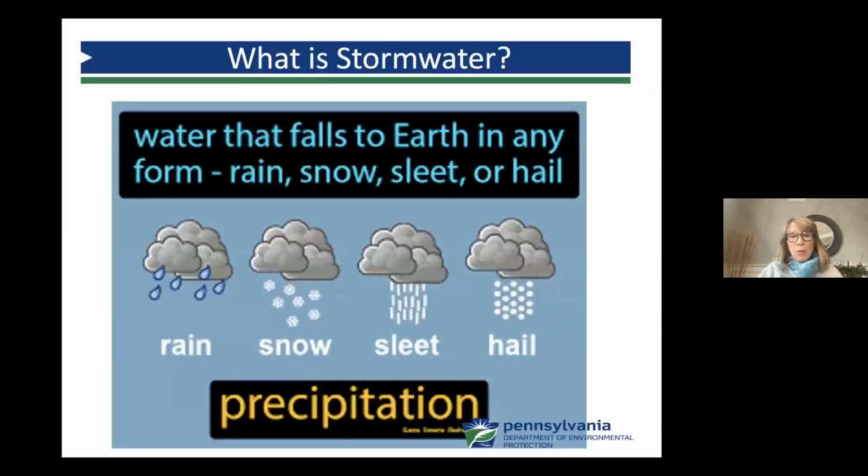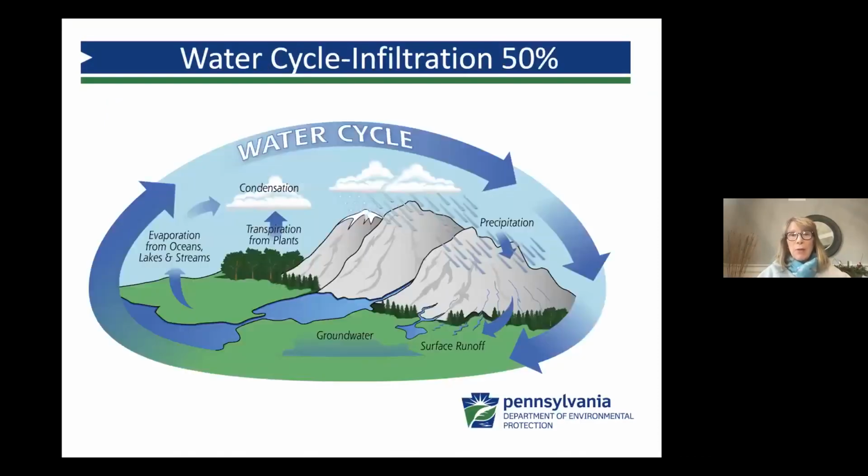Everyone is pretty familiar with stormwater in general. The term, it's precipitation that falls to the earth in any form: rain, snow, sleet, or hail. It goes into something you might have seen in elementary school, this water cycle. As it comes down that mountain in the background, you can see the precipitation running off the surface of the mountain. In a perfect world, it hits this natural area, and 50% of the water that runs down into a